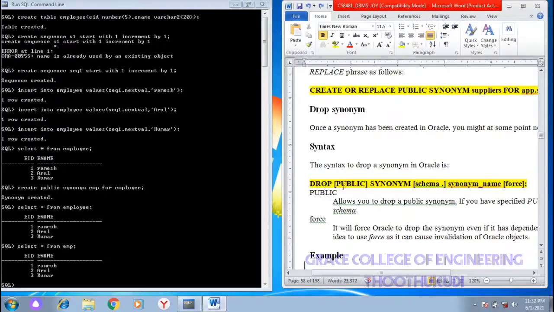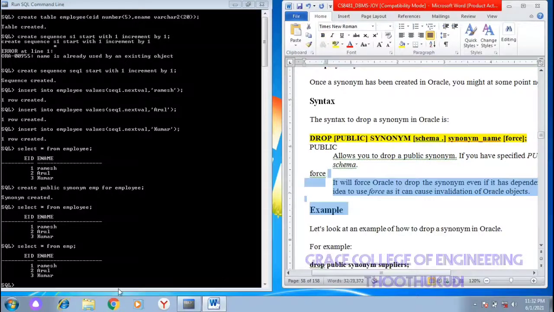After completing everything, you can drop the EMP synonym. The synonym is dropped by using the syntax drop public synonym, then the synonym name.